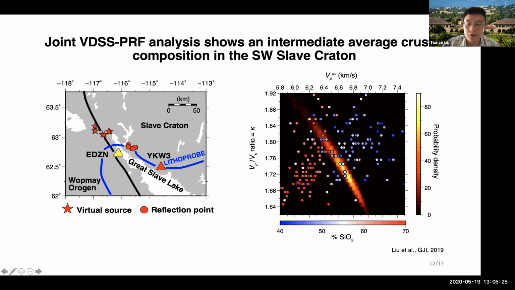And in these rock physics results, we can clearly see an increasing trend of both VP/VS ratio and VP with decreasing silica content. In another word, as rocks become more mafic, they become higher in both VP and VP/VS ratio. And this trend is orthogonal to the trade-off between our average crustal VP/VS ratio and average crustal VP. Therefore, despite the relatively large uncertainty in our result, we can still